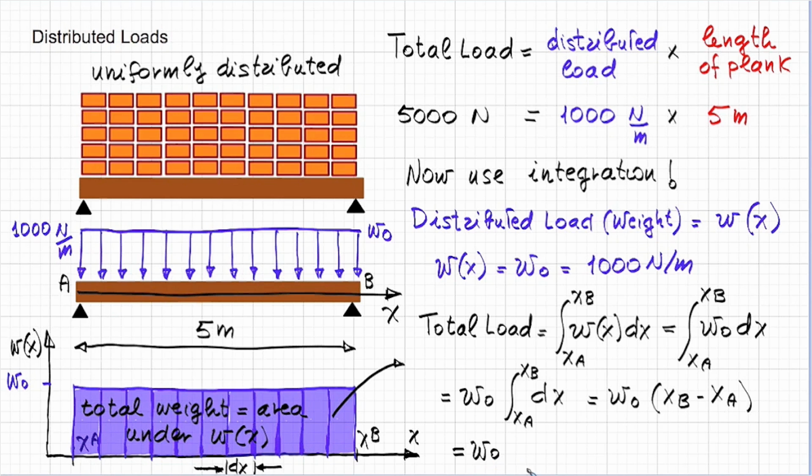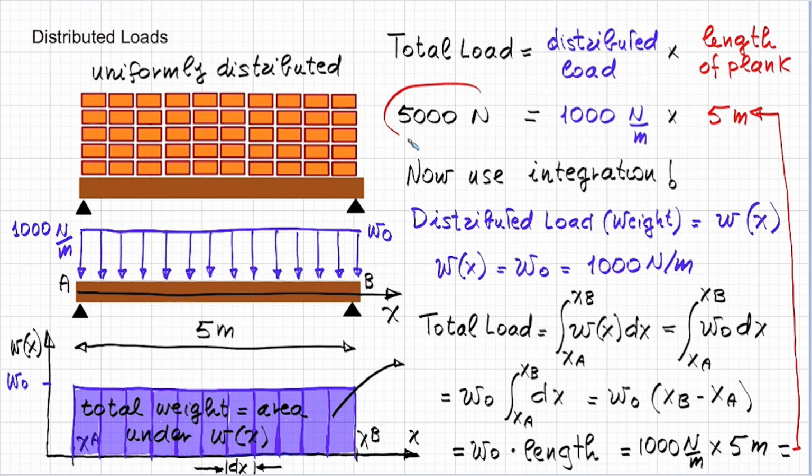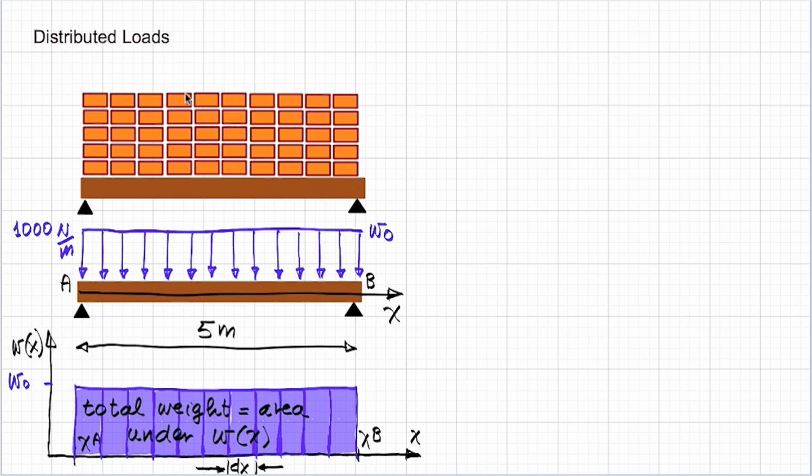So we go back to obtaining the total weight of the bricks simply as W0, that was 1000 newtons per meter, times the length of the plank, which is 5 meters, and we are back to 5000 newtons. So how does it work now if instead of having a uniform distributed load, we have a distributed load whose